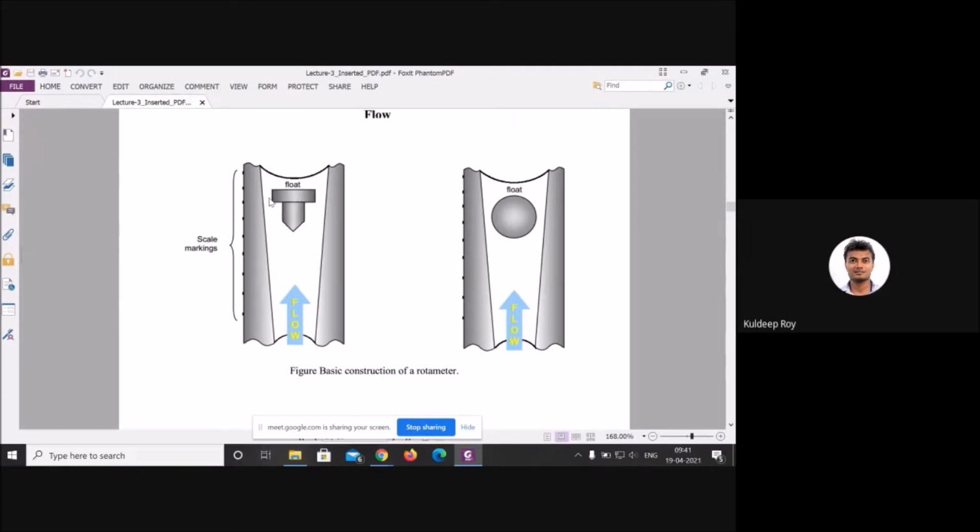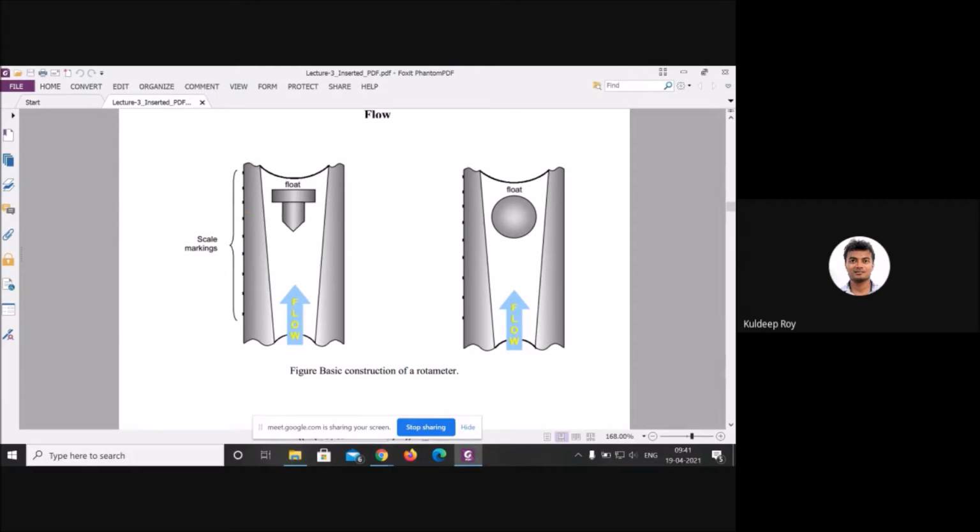Here the area is very high and here the area is low, but at the tilted, sharp edge, when the fluid strikes this particular position, it will spread the fluid, and the float, automatically due to the drag or due to the buoyant force, will go up, register, and show how much the reading is here.